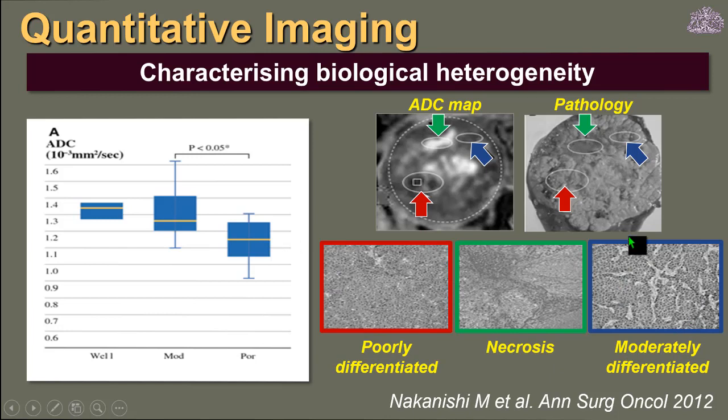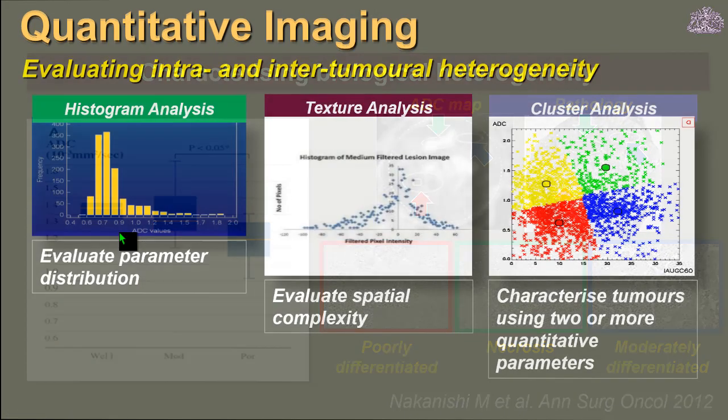The moderately differentiated area in blue shows the intermediate ADC value. And the necrosis, or the well-differentiated areas, have the highest ADC value. So that tells us a little bit about what is potentially happening in terms of the underlying tumor differentiation and